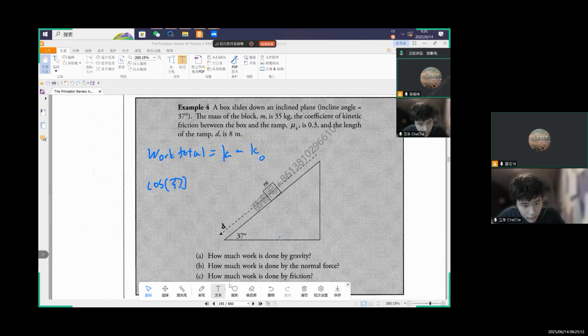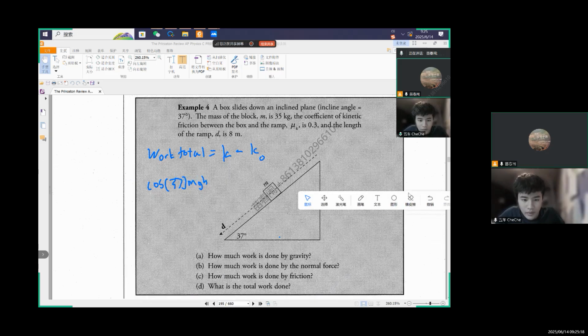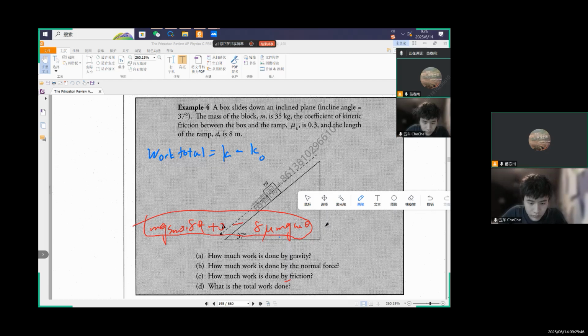Actually, the total work you have done there in that question. I kind of forgot the answer though. Let me just write. The first one is mg sine theta times d, and the second one is minus, because this one is negative, mu mg cos theta times d. So this all together equals to,